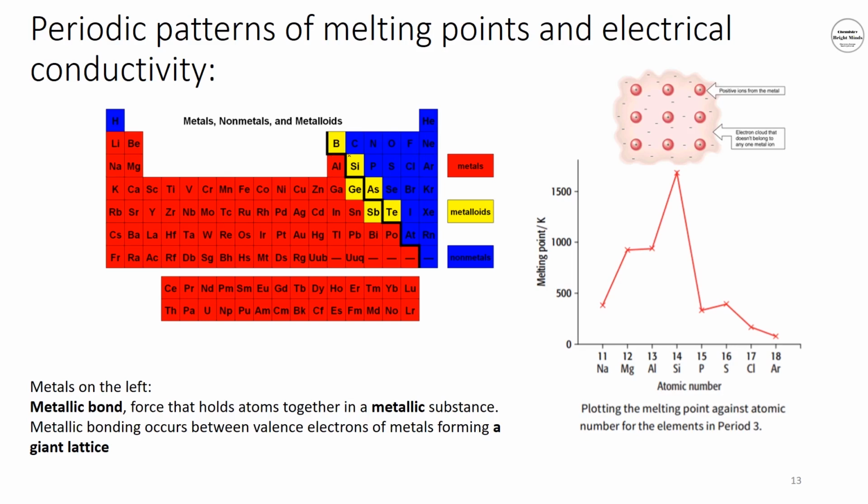Between metals and non-metals, there are the metalloids, which are presented here in the yellow color. Metal atoms are usually held together through what we call the metallic bond. The metallic bond is the factor that affects melting points and electrical conductivity. If I increase the strength of my metallic bond, I expect my melting points and electrical conductivity to increase, because